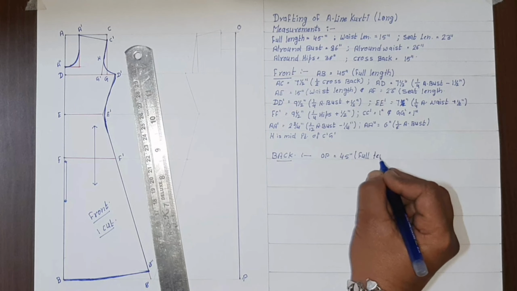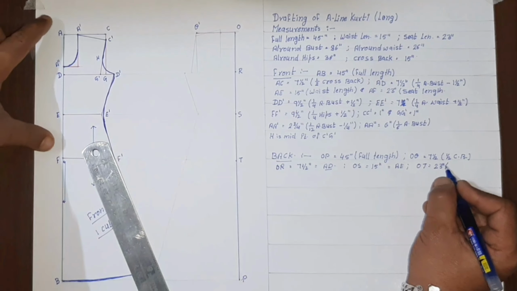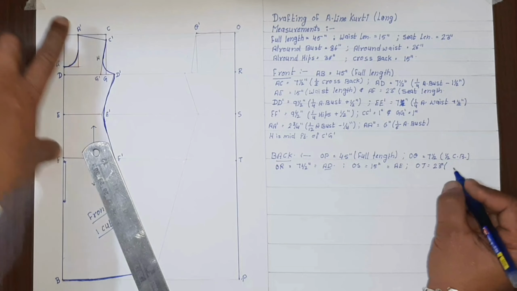OQ 7.5, that means half of the cross back, as we did in the front AC. This is as equal as AC. We'll mark points R, S, T, as OR is equal to 7.5 inches, OS is equal to 15 inches, equal to AE, and OT is equal to 23 inches, that is the seat length, the armhole depth, seat length, and the waist length,